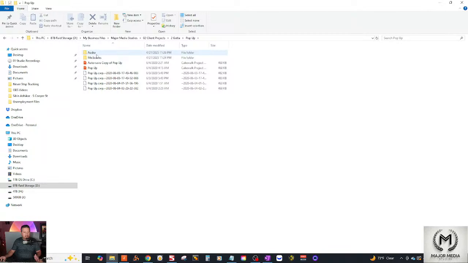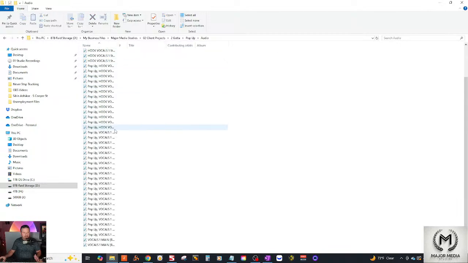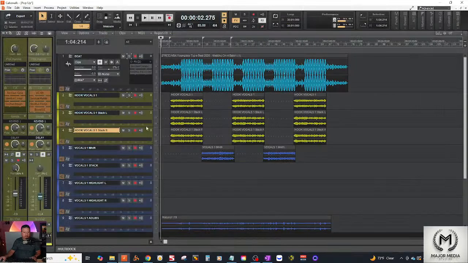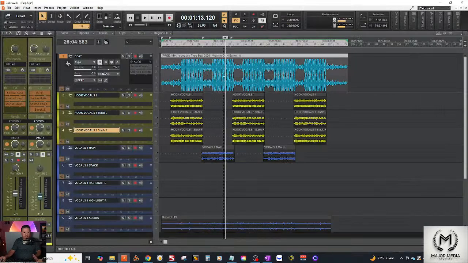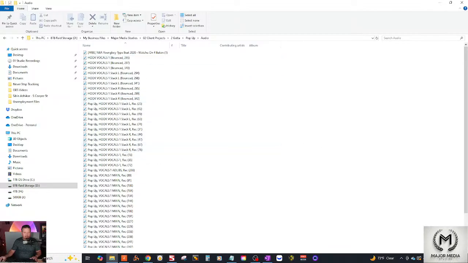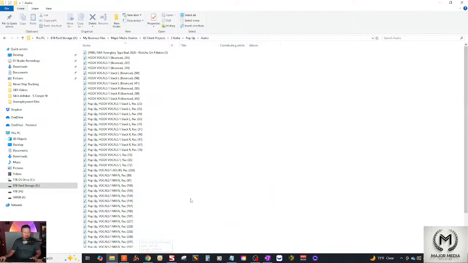So what people do is they tend to go to this audio folder where all of the audio from your project is saved. And if you look, you'll see this is a lot of files. This is even more files than what it looks like on the project. If we just look at the project, there's not that many files. It's the instrumental 1, 2, 3, 4, 5, 6, 7, 8, 9, 10, 11, 12. So 13 audio files altogether is the total. But when we're looking at this folder with all the audio files in it, you notice that's a lot more than 13 files, right? And so what some people do, and it's not the right way to do this, is